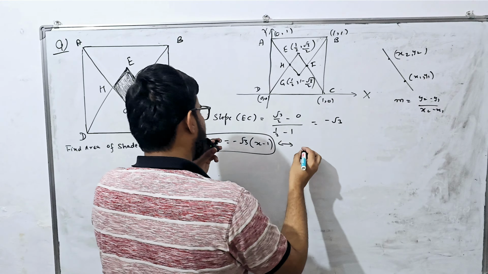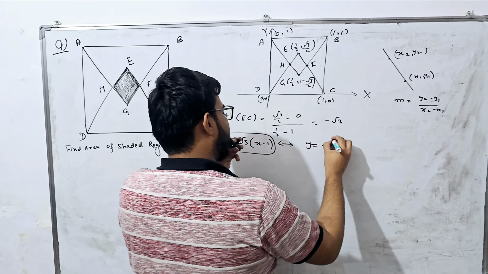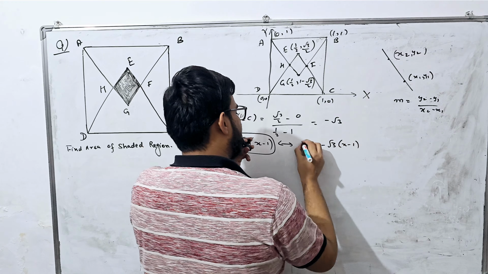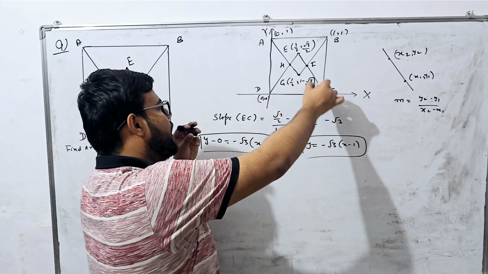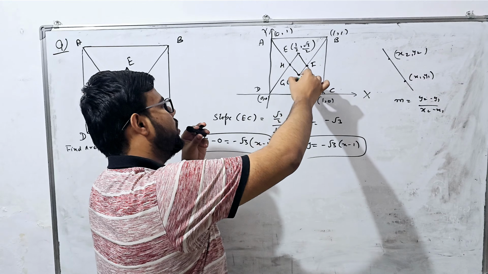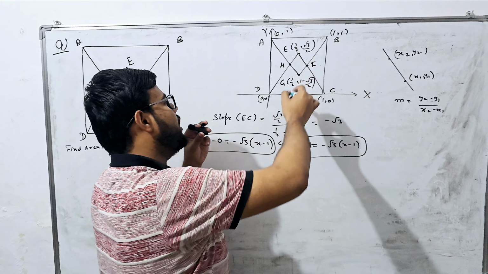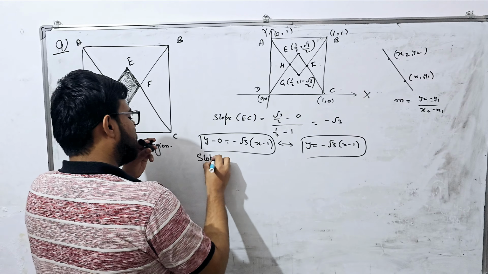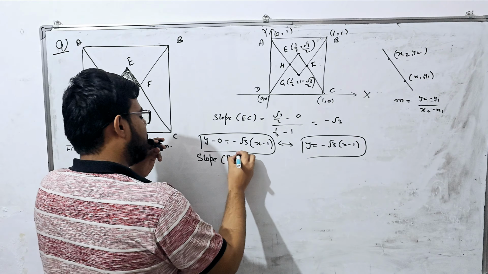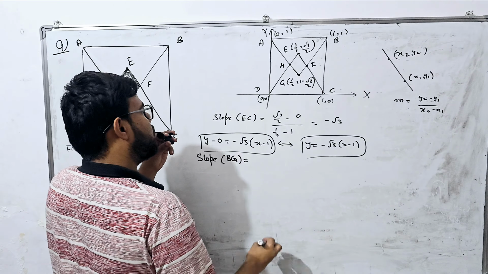So from this you get the equation y is equal to negative root 3 x minus 1, right? Okay. So we got the equation of line EC. Now let's solve for BG. Okay, so let's solve it. So what is the slope of BG? Okay. So we get the slope as